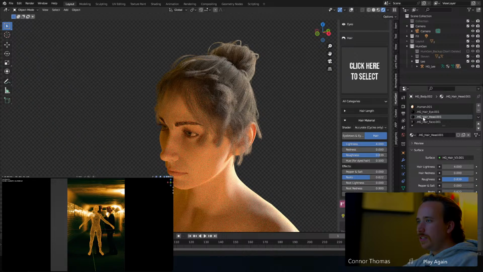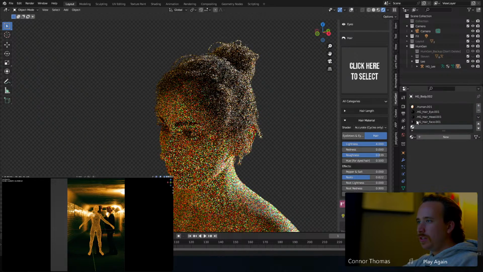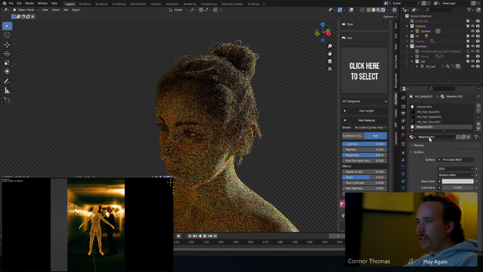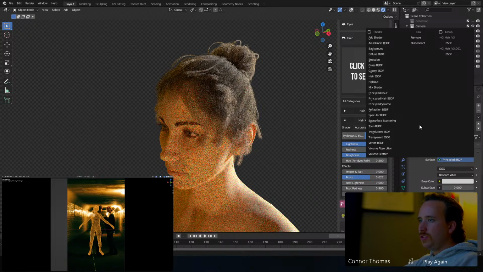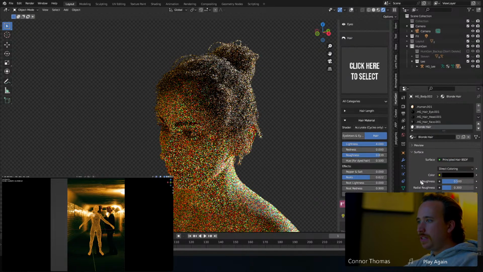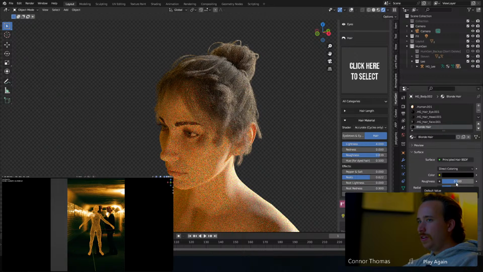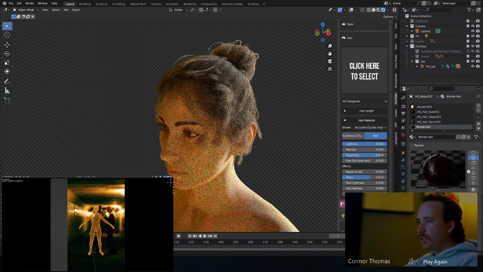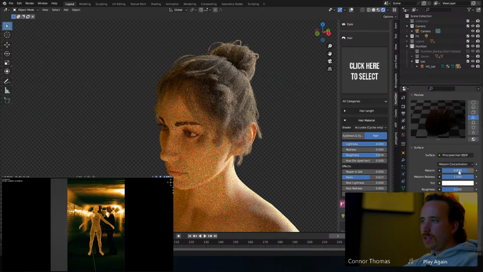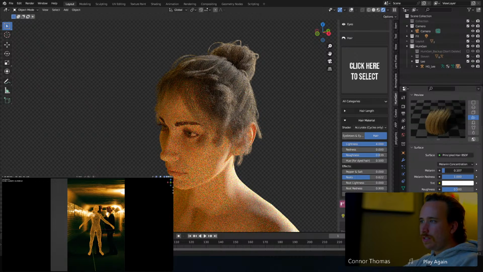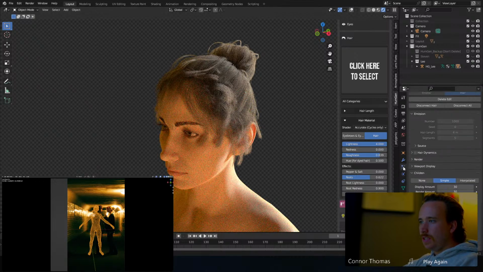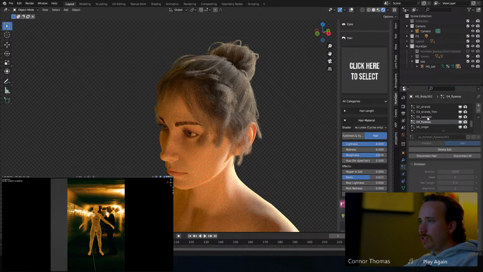An easy thing to do, instead of trying to screw with their settings, we can literally just go in here and click new and call this blonde hair, and then change this to principled hair BSDF, and then under direct coloring, let's use melanin here. We could view this under our preview settings and then adjust the amount of melanin that we want to see. This won't give us the roots effect that we had, but that's fine. So we'll select